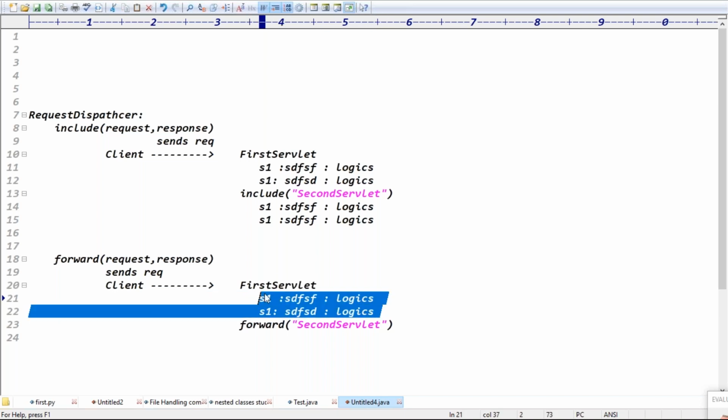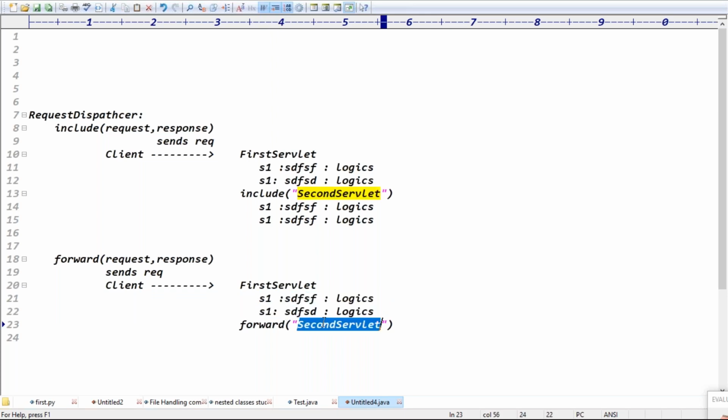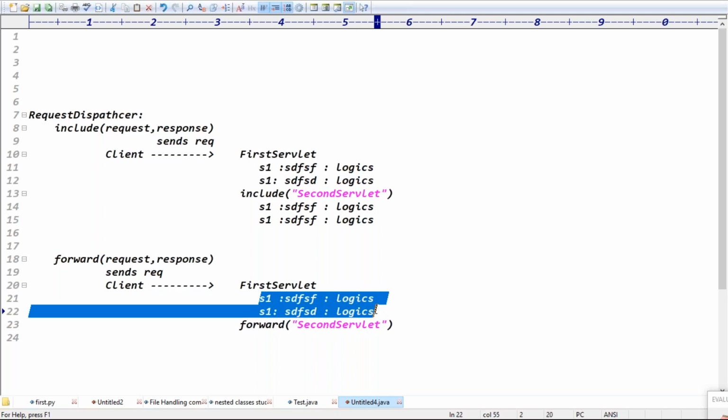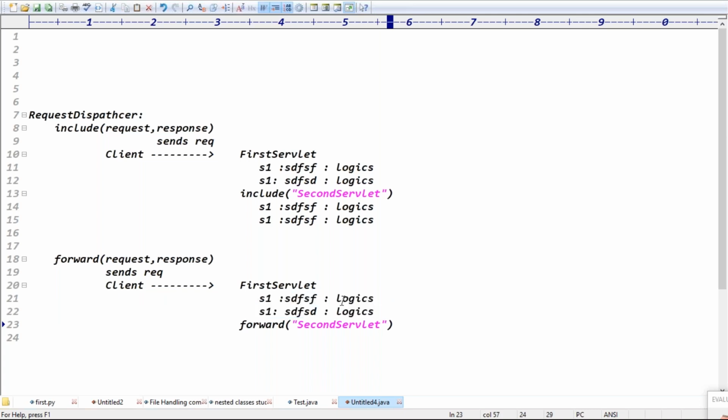If it is okay, then forward the request to the success servlet. The data is validated and the request is forwarded to the second servlet. Then only the second servlet will be executed, and you'll get the response.